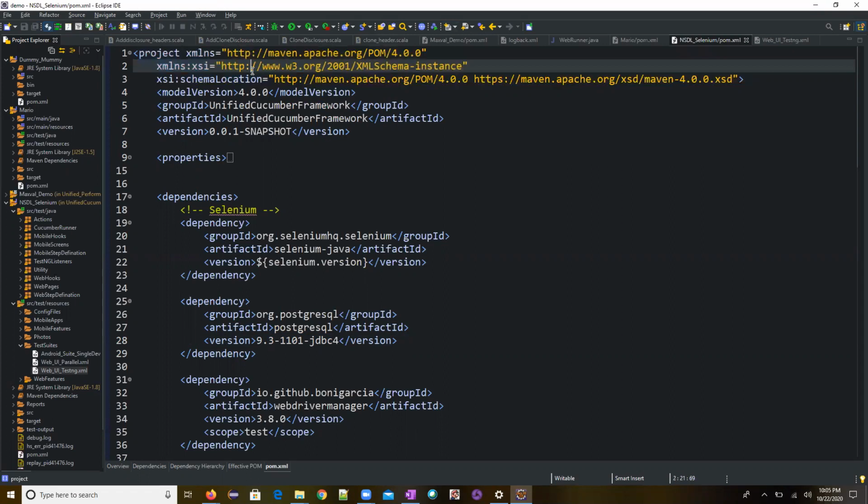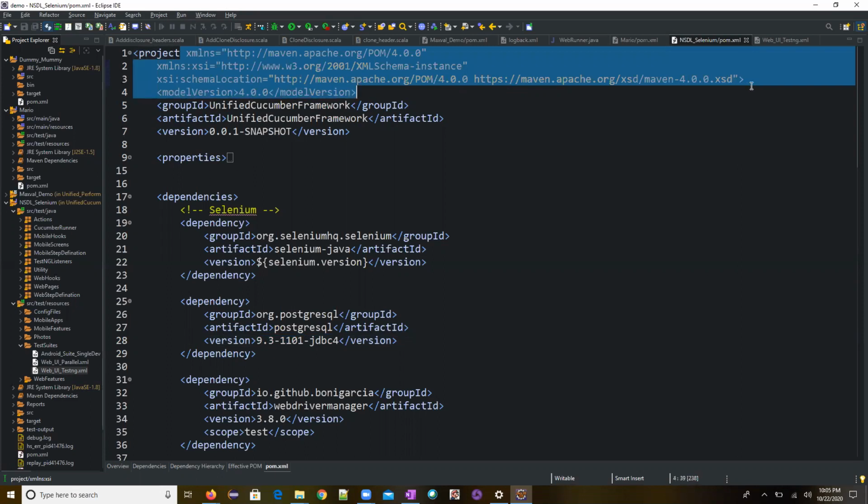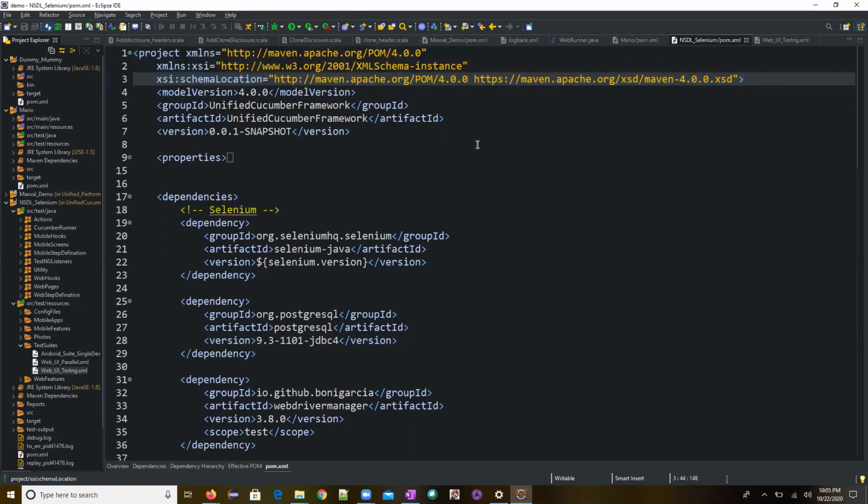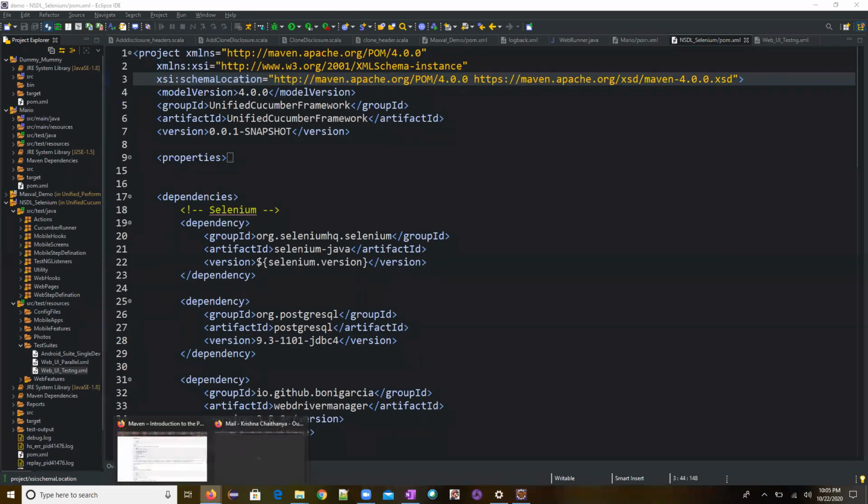Whatever this is, if someone asks, it is a basic schema defined by the W3 organization. And these are the internal operations. We will not even work on this. By default, it will be generated. I just gave it for your explanation. Okay, now we will go to the next pointer.